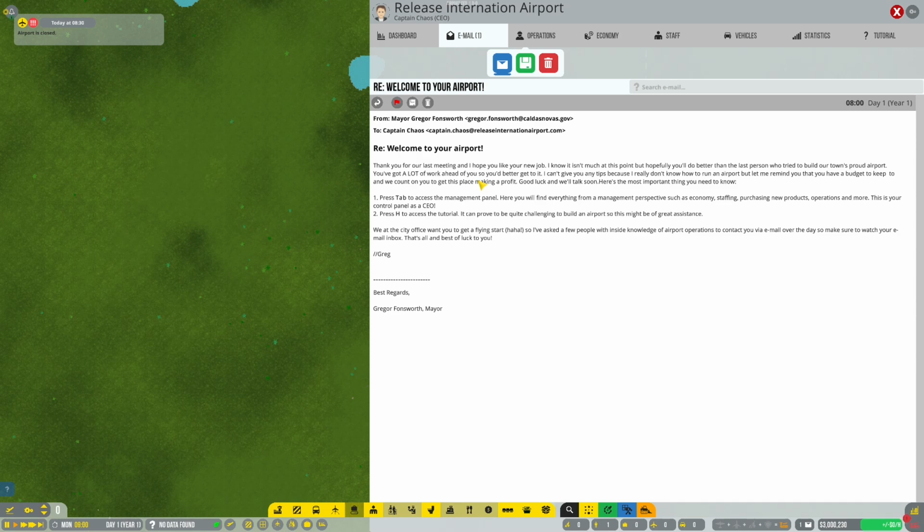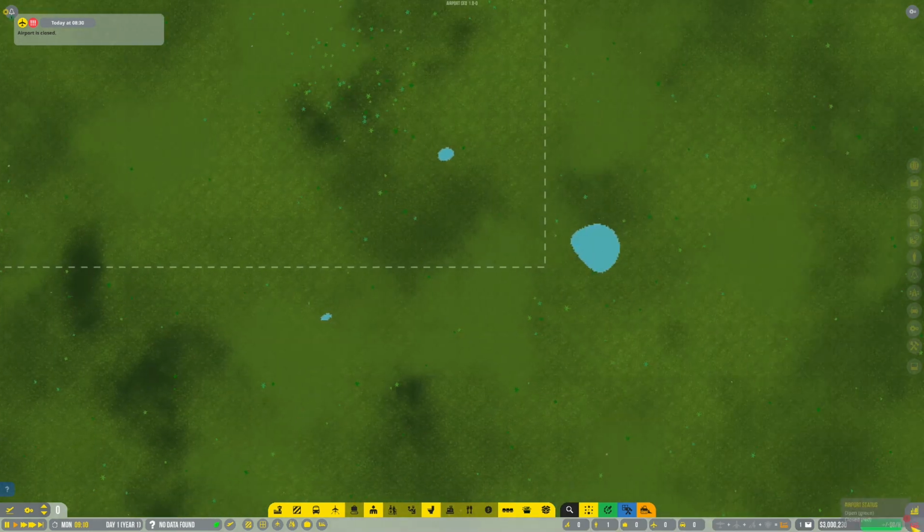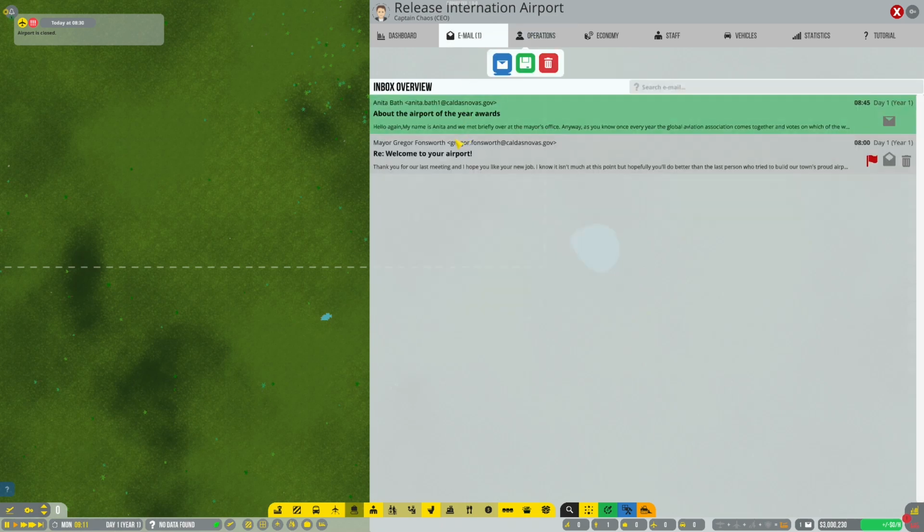Here's most of the important things you need to know. Press the tab button to access the management panel. Okay, that's fine. And the H to access the tutorial. Okay, so that's really not much to go on. We at the city office want you to get a flying start. Okay, excellent. So, actually, let's just go back there quickly and see if there was...